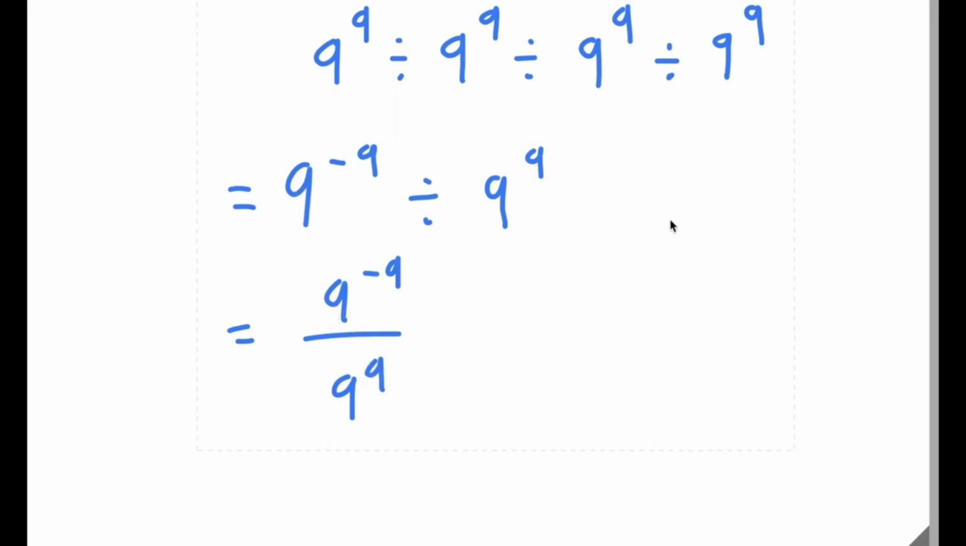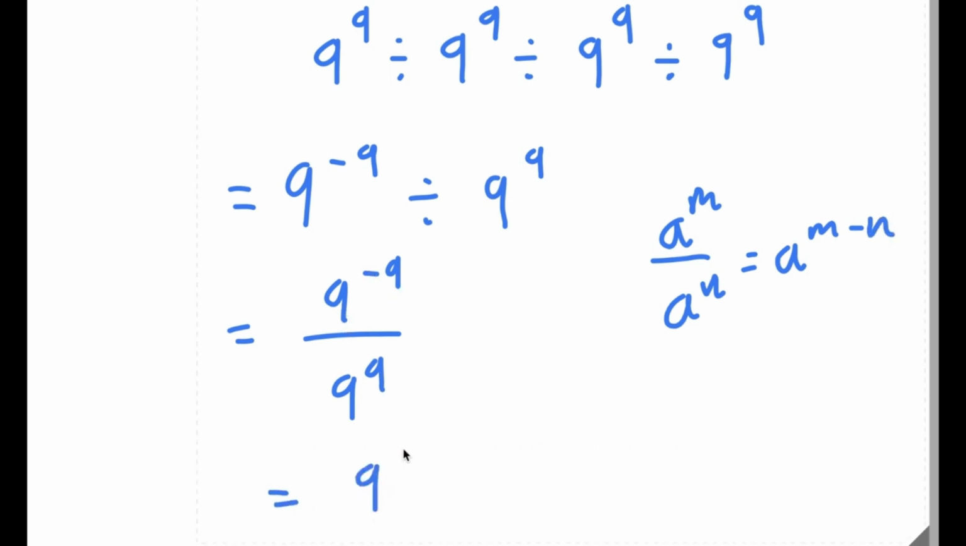And now, if I have something in the form a to the power of m over a to the power of n, this is equal to a to the power of m minus n. So in this case, 9 to the power of negative 9 over 9 to the power of 9 is going to equal 9 to the power of negative 9 minus 9. And negative 9 minus 9 is simply equal to negative 18. So now I have 9 to the power of negative 18,